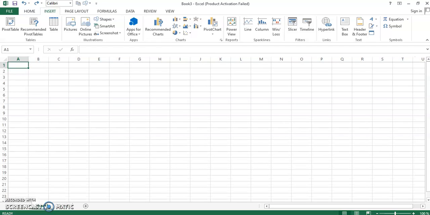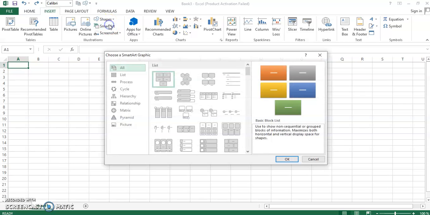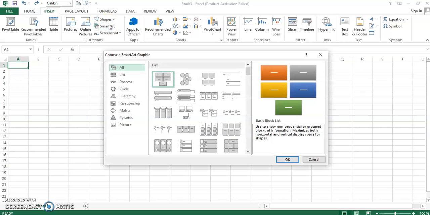So whenever you want to add a shape, a picture or anything, you always use the insert tab. You use the insert tab. So you need to first click on insert. So let's begin with smart art. I have clicked on insert. Now I have to choose smart art. Okay, so smart art